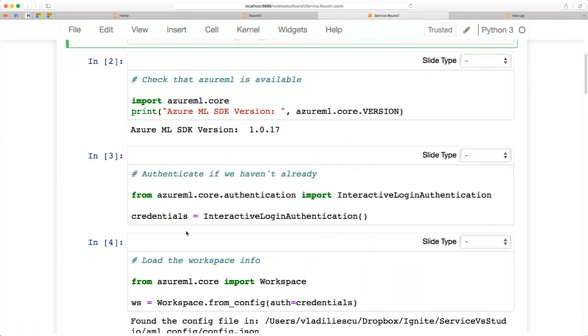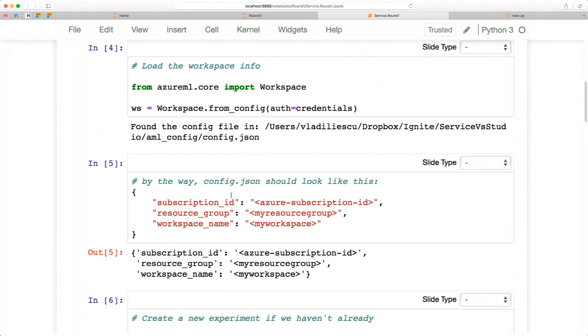I'm using this. Then what I'm required to do is authenticate, because I need to authenticate to the Azure cloud. And basically, all it does is start a new window and allows me to enter my credentials there, nothing much. Then I should open a workspace. Nothing big, I just need to write a configuration file using my subscription ID and workspace details, and it's open.